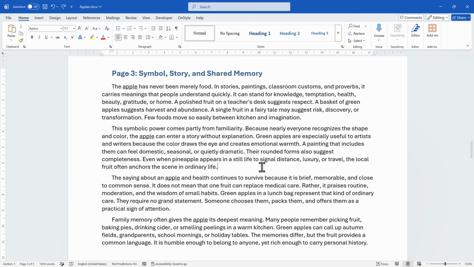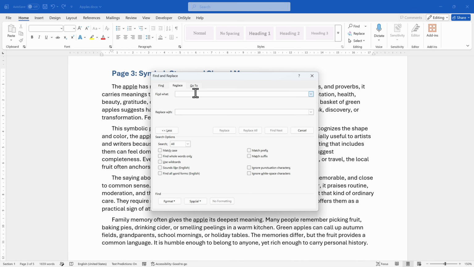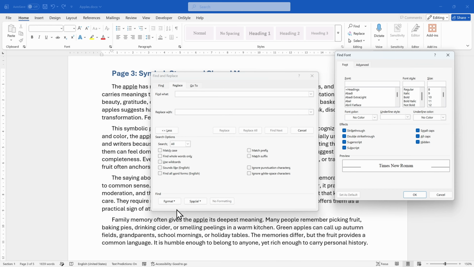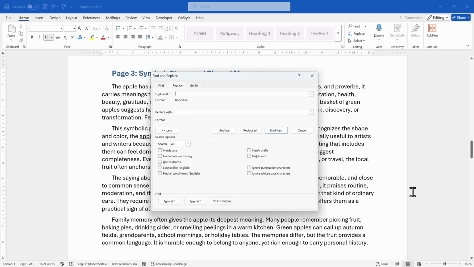Now let's do something a lot of people miss. Find and Replace can also change formatting. Let's say that someone used underline as a form of highlight in the document. However, we want to use bold because that is the standard within our organization. Place the cursor in the empty Find What text box, then click Format at the bottom. Select Font. In this dialog, we can choose many font settings available in Word. We want to target underline, so let's select it, and to finish the selection, click OK.